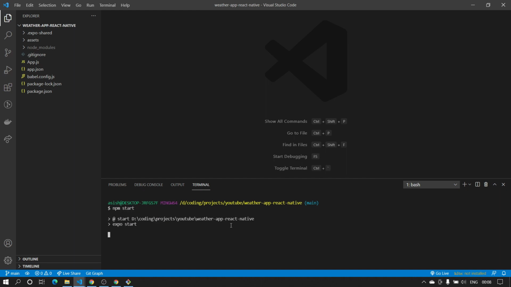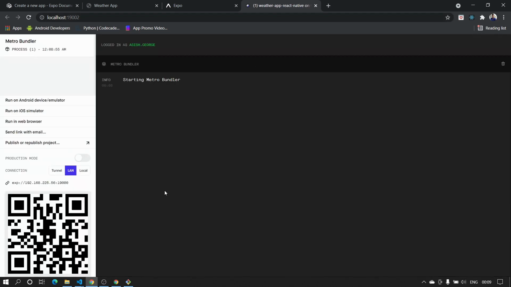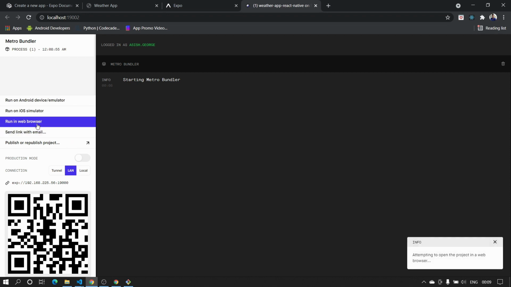This will take a little bit of time because it's the first time it's loading. You can see a new window was opened and the Expo developer tools was opened. It's basically the console of this project. There are different options to run the project. Since we do not have an emulator or a simulator running, we'll just run in browser. So we'll click that. It's attempting to run in the web browser, and you can see that Webpack on 19006 in development mode is starting.